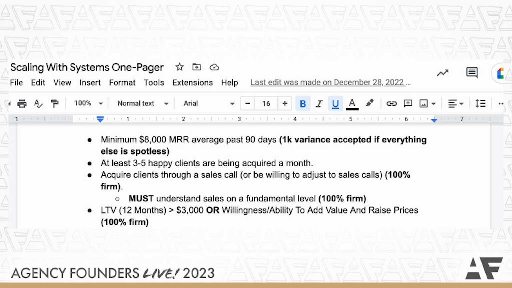But if their minimum is $100, it's the same amount of energy to get 10 clients for $100 as it is to get 10 for $1,000. So now we have to get 10 times the amount of clients. We on board with all that? Does that make sense? I'm telling you, we did this at the beginning of the year, and the difference in